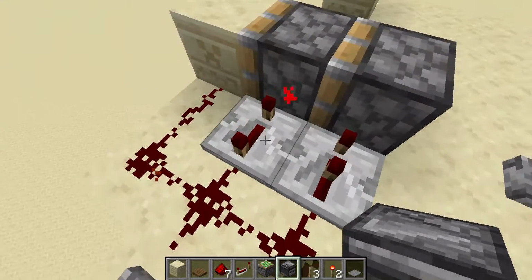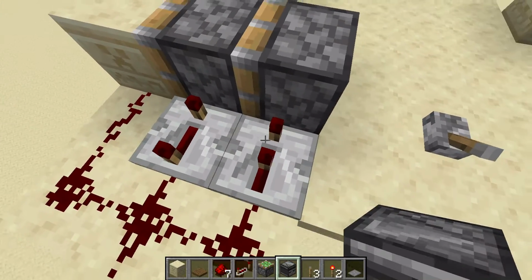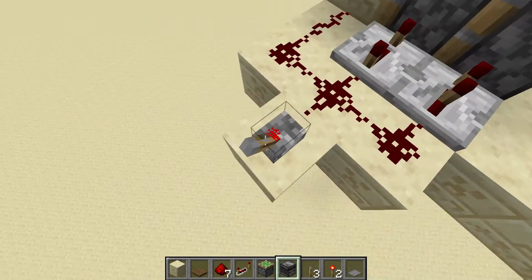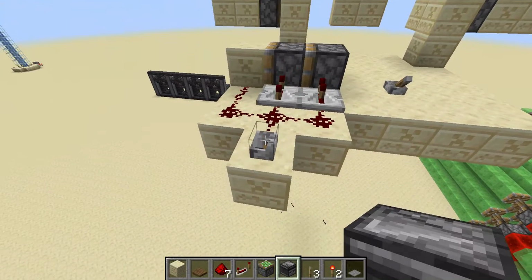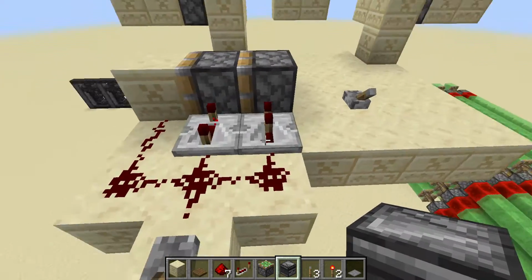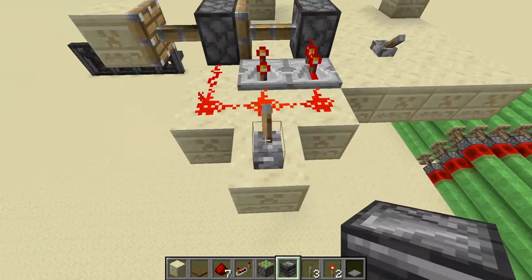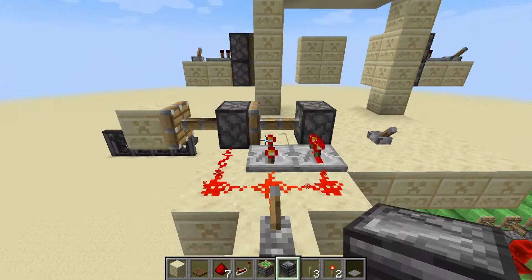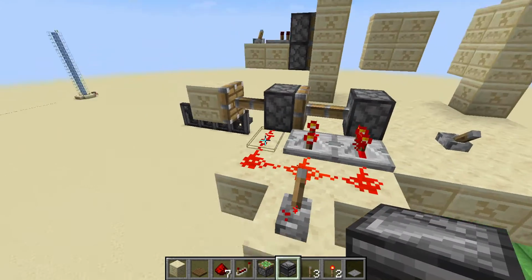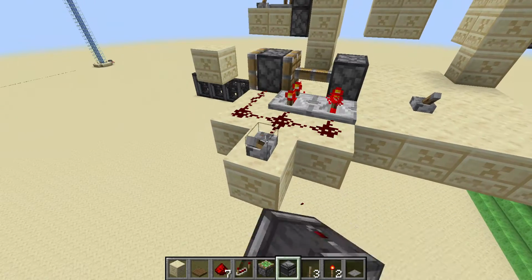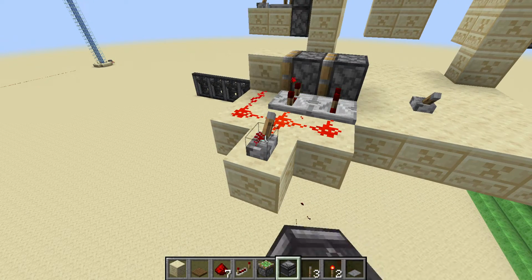What do you need over here? So these are 1, 2, 3 ticks, and this is 1 tick. There you go. Or 4 ticks and 2 ticks actually, because a repeater on itself is 1 tick. And this is how you make a double piston extender. You can now, if you want,